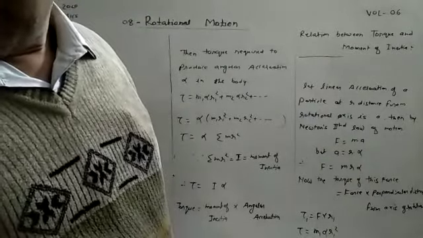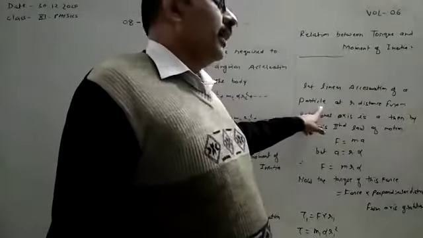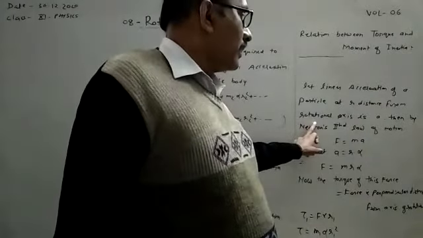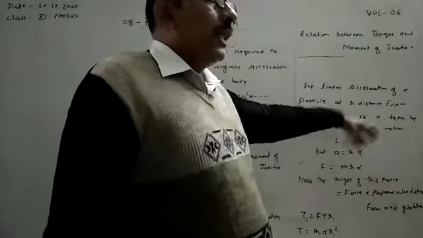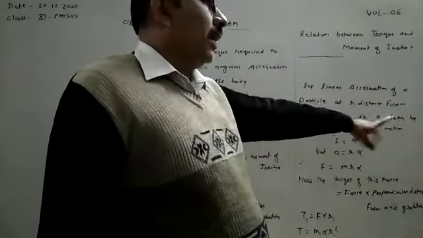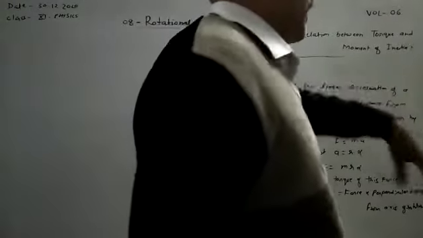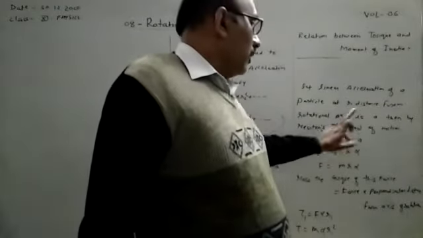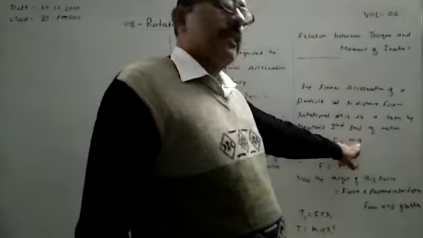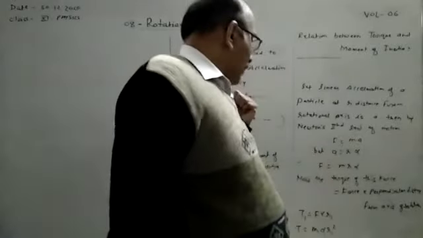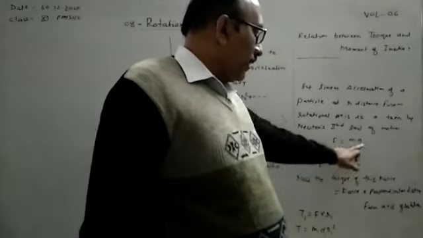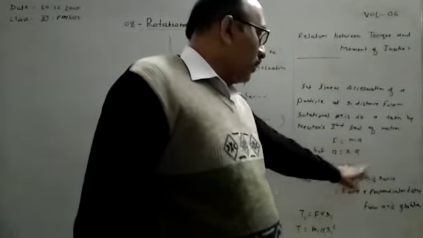On the basis of this, we have to find the relation. Let the linear acceleration of a single particle at a small distance r from the rotational axis be small a. To understand this, you have to remember the diagram from moment of inertia. Then by Newton's second law of motion, force equals m into a, that is mass into acceleration. But we just studied that a equals r alpha. So by putting the value of a, we have f equals m into r into alpha.